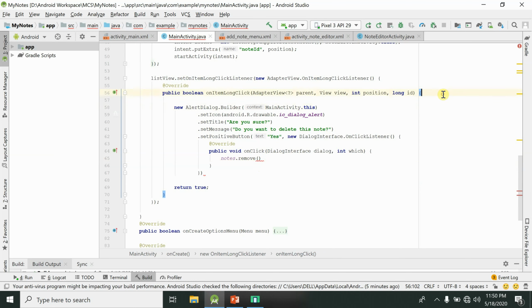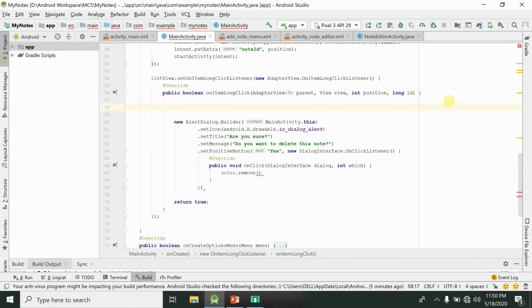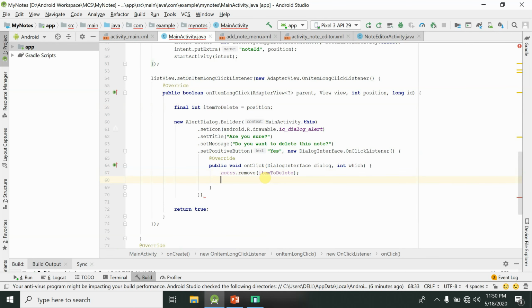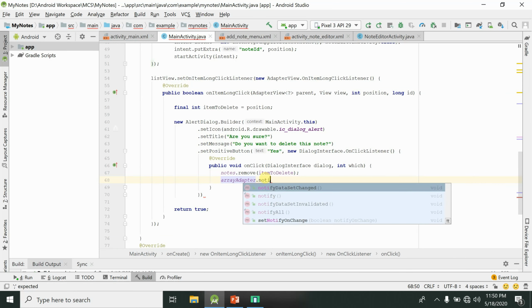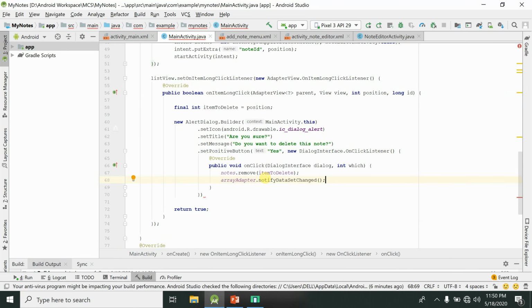So I can make it simpler by declaring another variable item to delete and giving it the value of position. And then, to make it easy to understand, you give this variable item to delete to the remove function. Okay, and then we have to notify the array adapter that data has been changed. So call the notify data changed method.